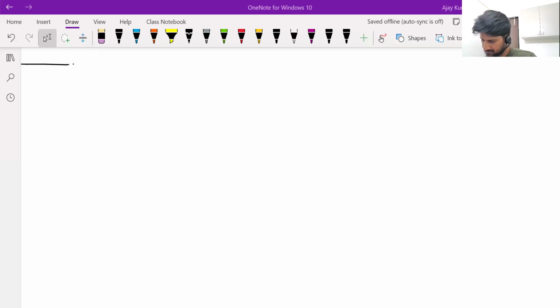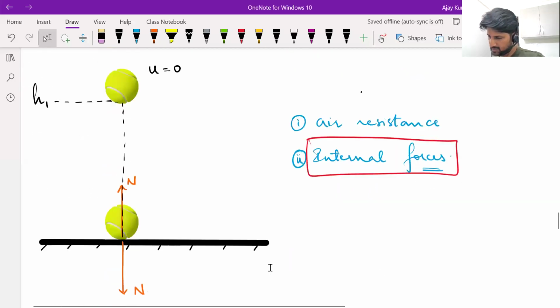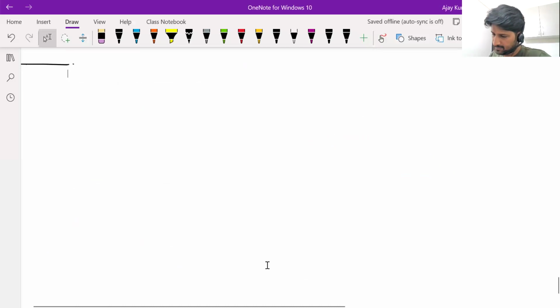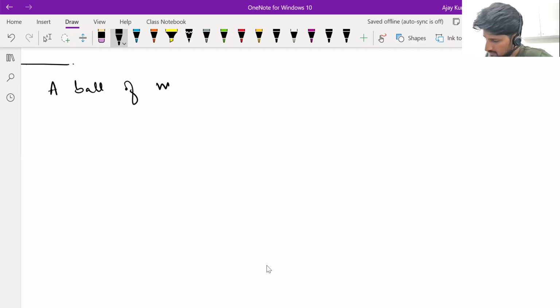Just a moment. Okay, in the meantime, you solve this problem. This ball drop case itself. A ball of mass, let's say 2 kg. Okay, the usual tennis ball or rubber ball or even the cricket ball that we play with, it won't have that much mass, obviously. But just for the sake of the question, assume there's a ball of mass 2 kg